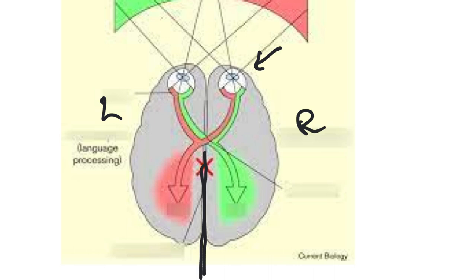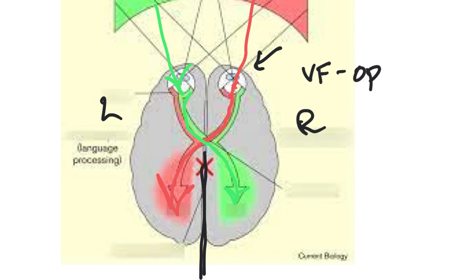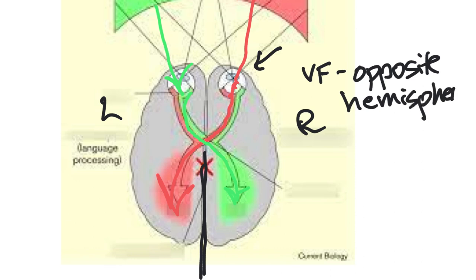So as the vision enters, we're going to go from the right visual field to start. As the right visual field enters the eye, it follows the optic nerve into the left part of the brain. Now, the left visual field is going to enter into the eye, and it's going to cross on the optic nerve over to the right side. This occurs before the split. So the visual field goes to the opposite hemisphere. And this occurs automatically. So it doesn't matter if the corpus callosum is